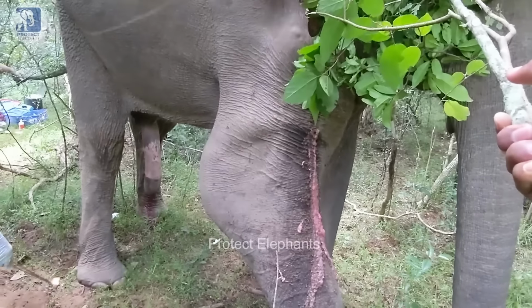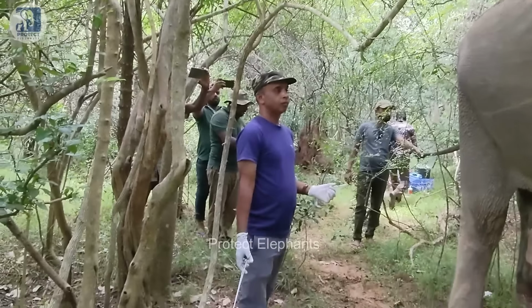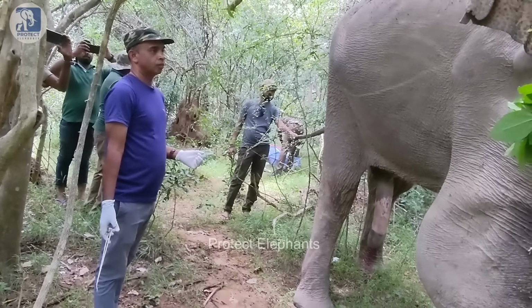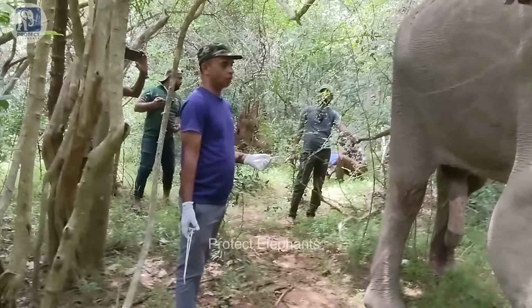Now, let's continue to the treatment process. Let's start treating the gunshot wound on its leg. First, the wound on the leg was cleaned with a disinfectant solution to get rid of any necrotic tissue and pus that had accumulated. As you can see, the doctor carries out every action patiently to bring a cure to